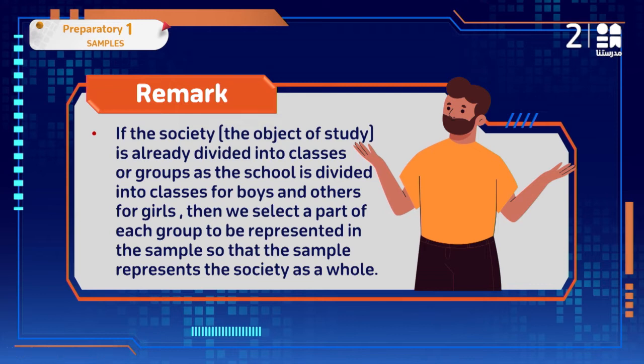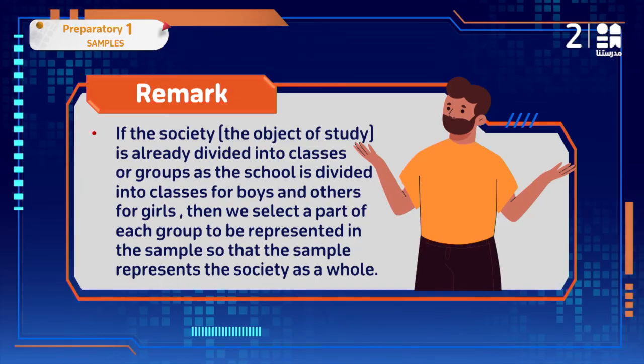In the society, the object of a study, it's already divided into classes or groups, as the school is divided into classes for boys and others for girls. Then we select a part of each group to be represented in a sample of that. The sample represents the society as a whole. What does it mean? What does the remark say here? It says that I have a society and I need to pick an object to